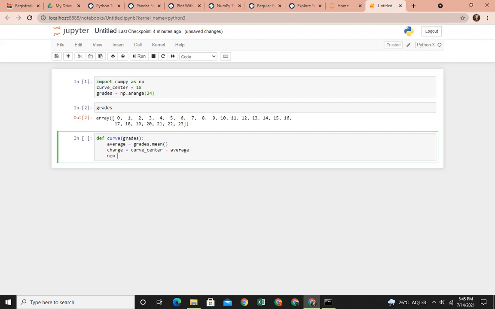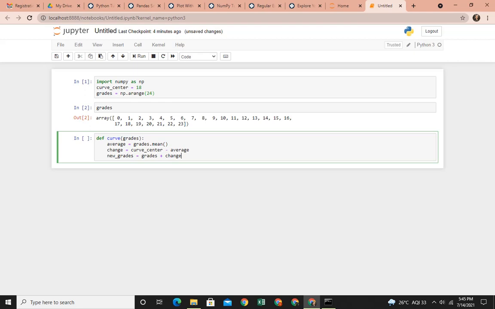If your variable has two words, then it has to be separated by an underscore. Grades plus change. And now I need to return something from the function. You can also return nothing, that is also fine.